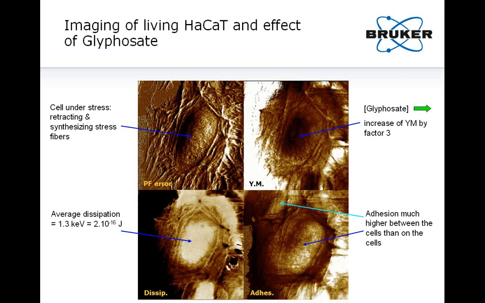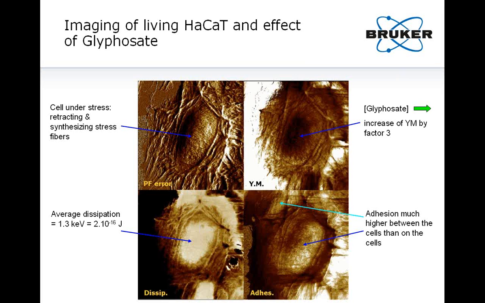HaCat is a particular cell line of keratinocytes which is immortal, and this one is very widely investigated in cytology, mainly because it's immortal and very close to the human keratinocyte, and also represents a good candidate to explore the potential